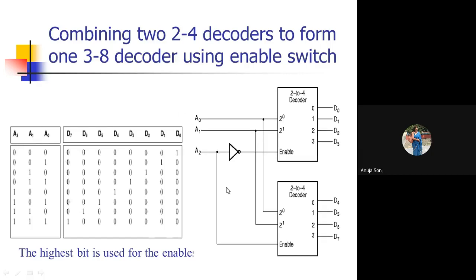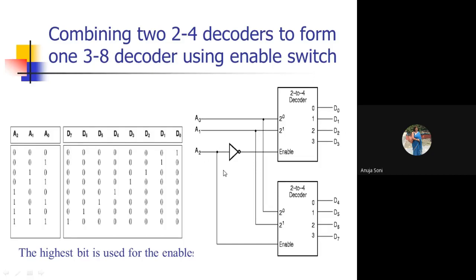Means this entire diagram is basically taking the same kind of input values and generating the same kind of output values as were there in the 3 to 8 size decoder, but the internal connectivity is different in this case. This internal connectivity is achieved with the help of the 2 to 4 size decoders. So how it is to be made to work, just like how these are connected in order to achieve the same kind of functionality.